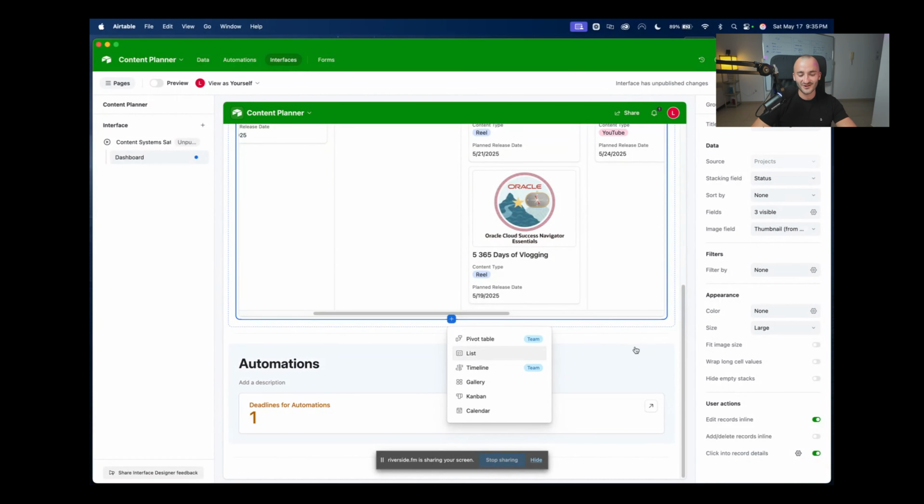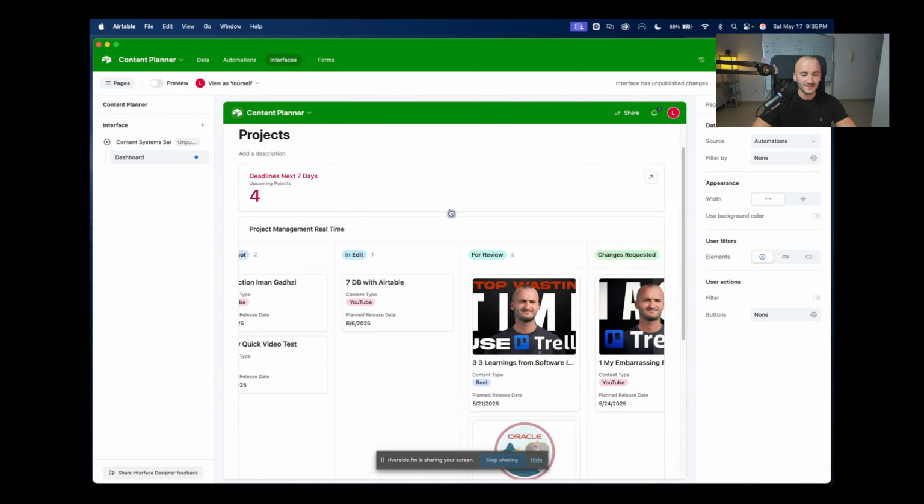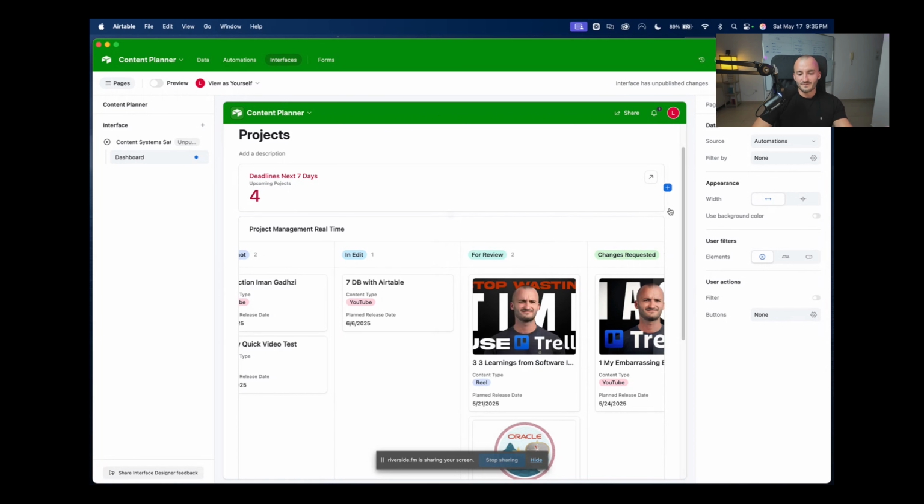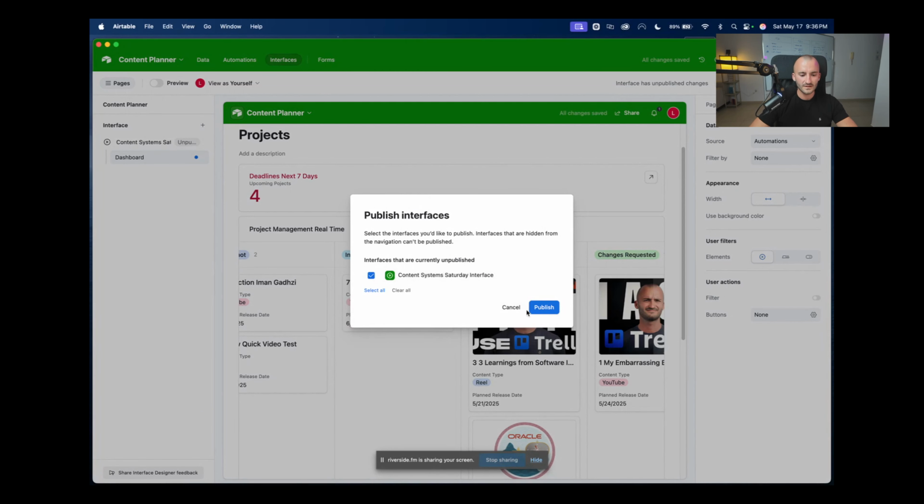And you can do so many cool things in here. You can add like pivot tables. This team timeline is also very cool. Gallery, Kanban. You can go in and add, let's say, a bar chart or line chart, pie chart. I saw before a donut. Yeah, you can literally do everything. I think that was a quick overview to give you an idea of what you can do. You will be able to click around here as you like, and then you can basically just go ahead and publish this thing. Click on publish,